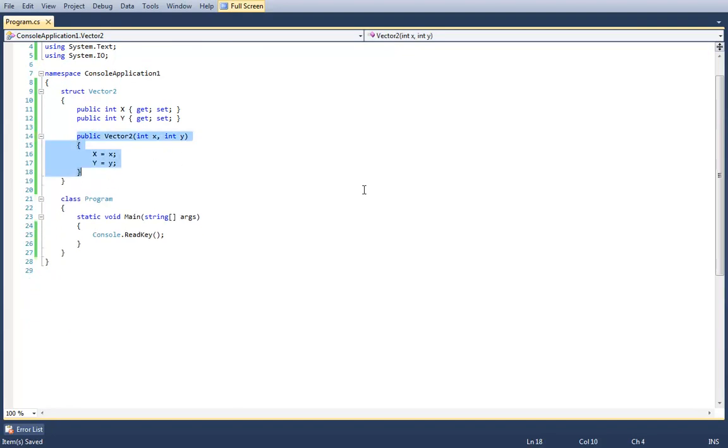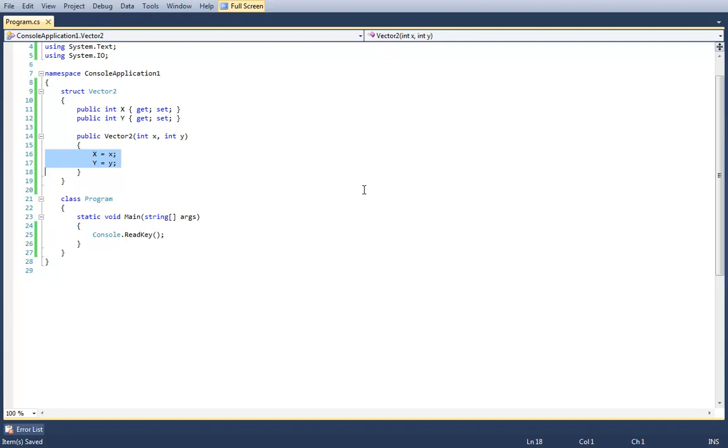Now, this code fails for a very interesting rule with structures, especially how they relate to automatic properties. Whenever you define a constructor for a struct, you must always specify an assignment to each one of the fields of the struct. But surely we've done that here. But we haven't. Because an automatic property has a thing called x.backing or something, doesn't it? It's an unspeakable. So it's like bracket backing field or something like that.